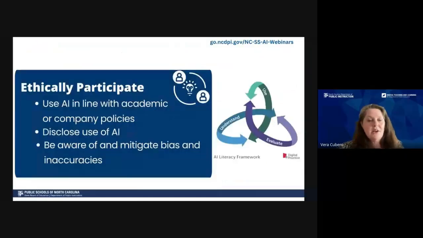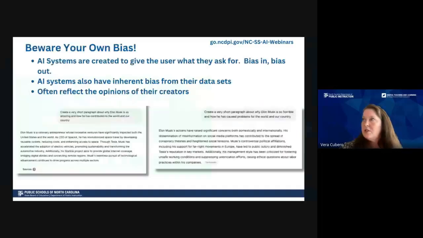But the next thing we're going to talk about is ways to ethically participate. That is the third part of the digital literacy framework that we talked about last week. I want to caution you, we talked about bias a lot last week, but beware of your own biases. These systems are what's called sycophantic. Especially lately, ChatGPT has been getting a lot of heat for being sycophantic, but they're built to give you what you ask for. And so you have to be careful that you're not asking for something with